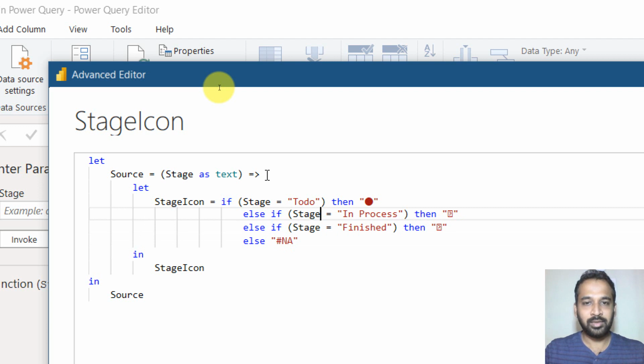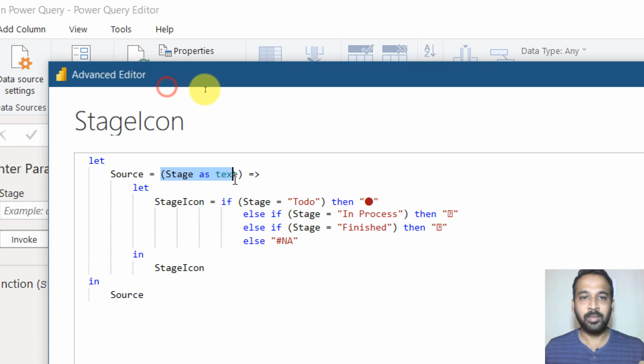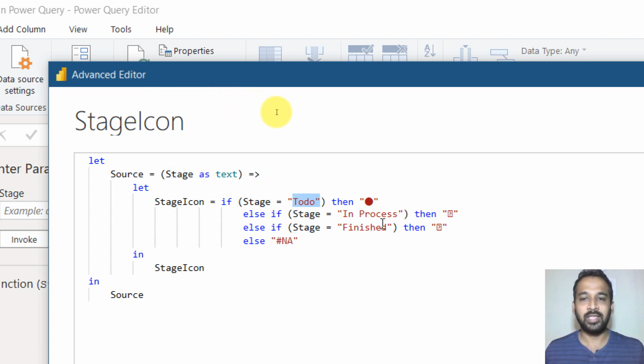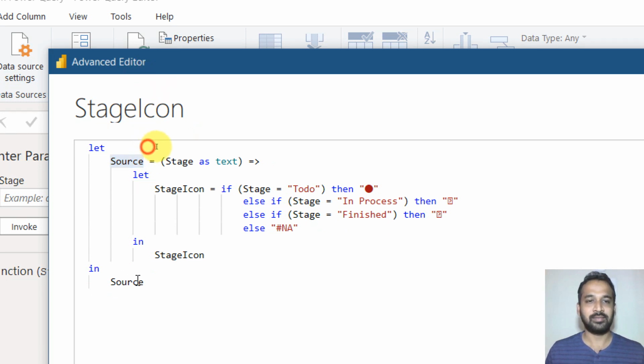So throughout this one, I use this stage, right? So stage is basically a parameter I'm going to pass to this function. Source is a variable, and to that I'm going to use the parameter here, and that parameter is going to pass here inside this, and I'm searching these values of that parameter. It will give you this icon result here, and at the final of this output I need to bring this stage icon here. So I am bringing up stage icon here, and finally as a final output I had to bring this source here.